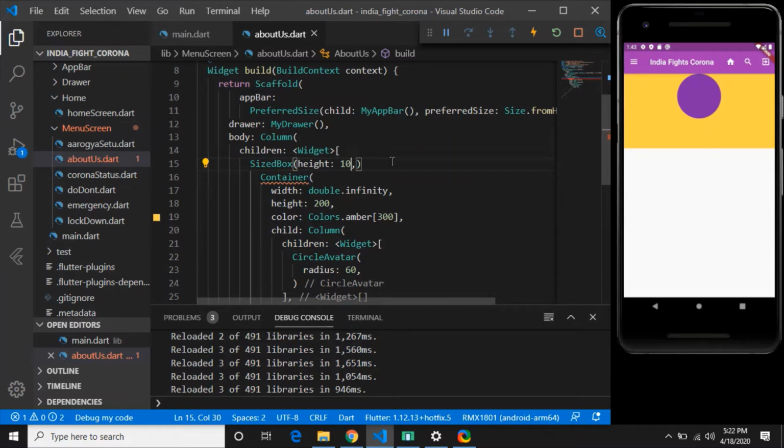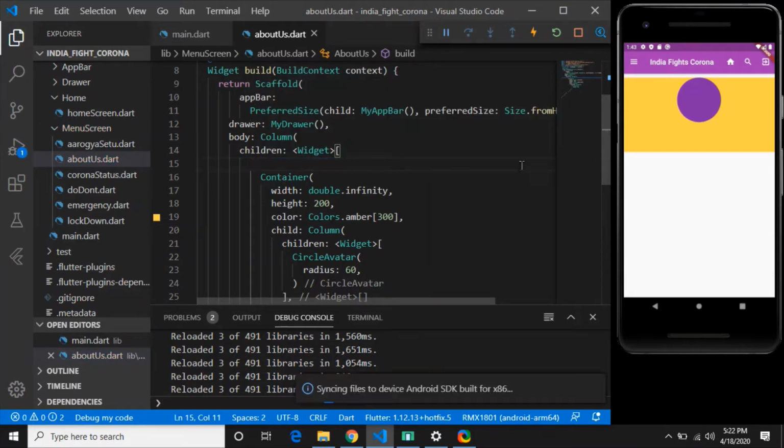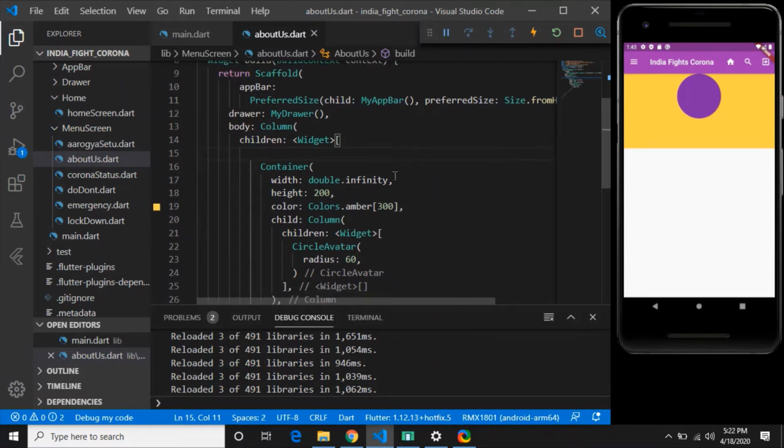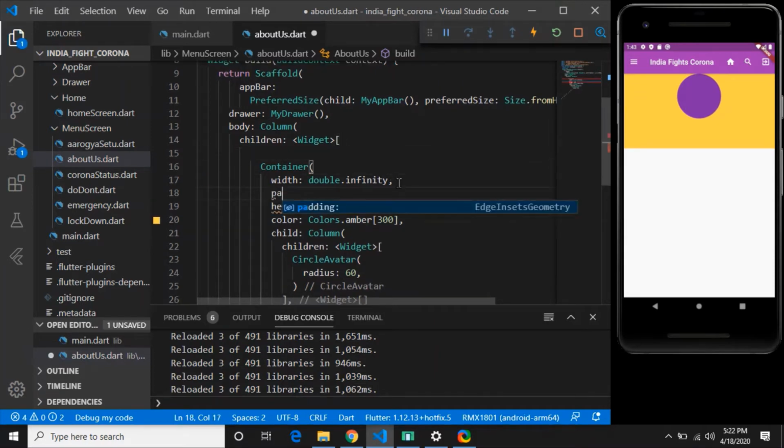Okay, I just want height with the CircleAvatar, not with this, so I will not be using this SizedBox here. So I will give padding on all sides of this container. Padding will give me whatever I want. It will be 10, and it will shrink all the children by 10 from all sides.